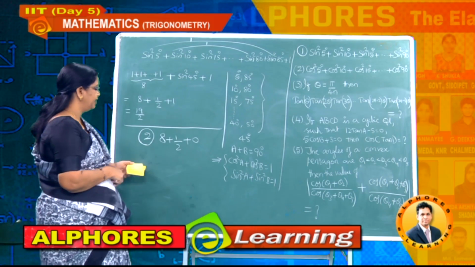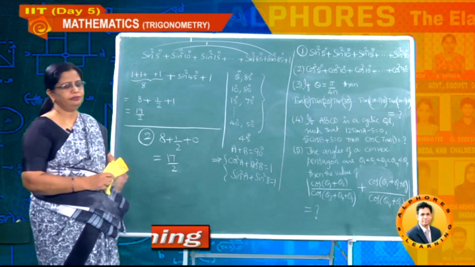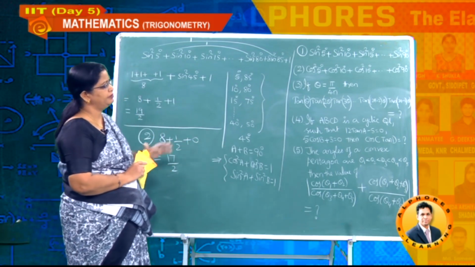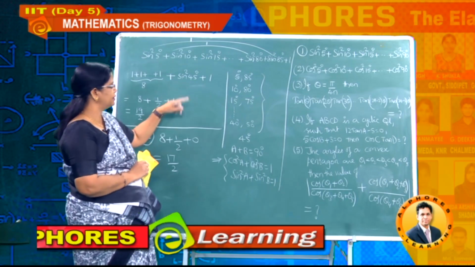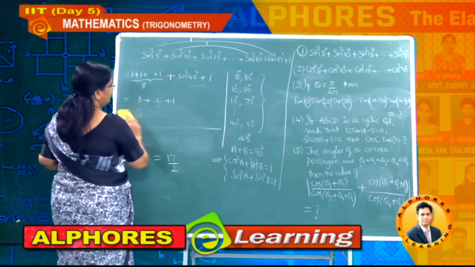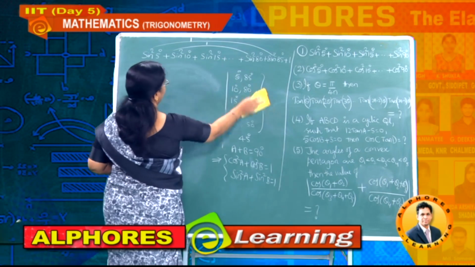That means what is the final value? It is equal to 17 divided by 2. Everything same based on this formula. The only change you have to observe is the last term cos square 90 value is 0. Okay. Now, what about the third problem? Just to see once how is that third problem given.